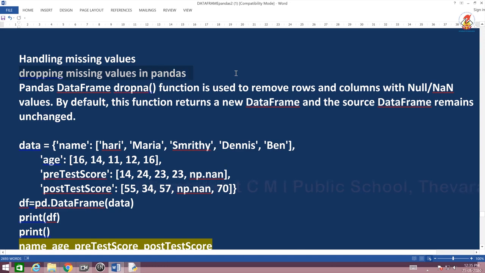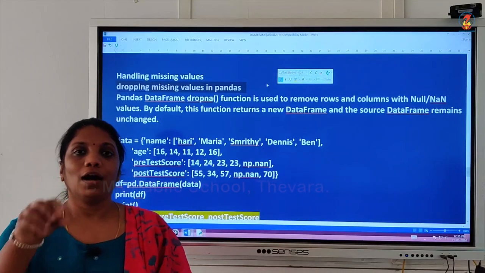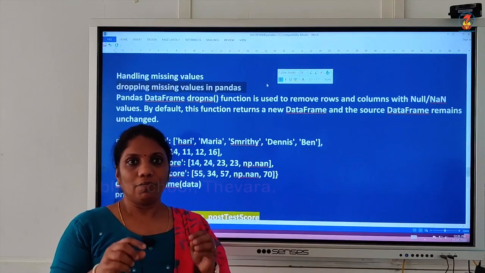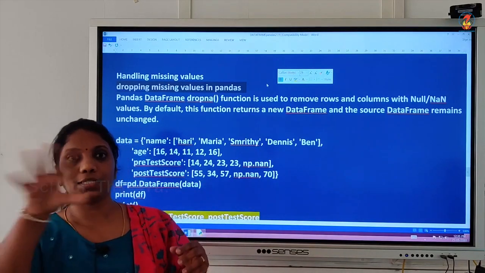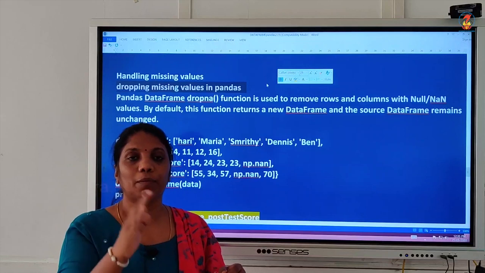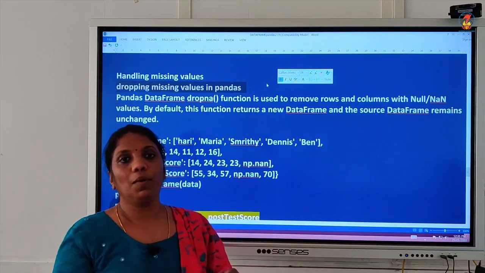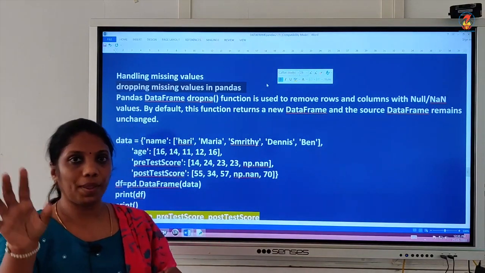And the first section under that is dropping the missing values in pandas. That means suppose if you have a NaN value, which is not a mandatory value in our data frame. If you don't want to see that, or if you actually want to remove that particular row or the column, we can think about dropping it.